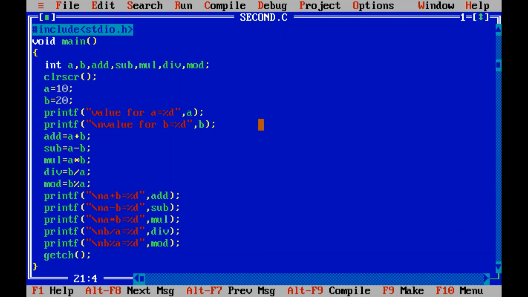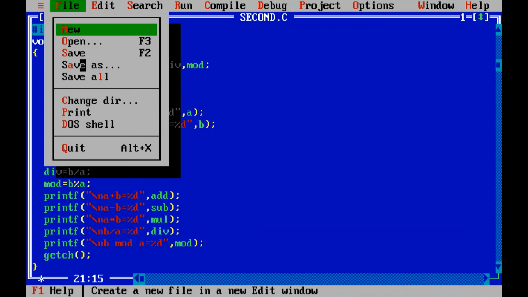Here, because this percent has some special meaning, I wrote mod over here, so it is going to consider it as a special character. So I'll write b mod a. Let's see what we will get now.